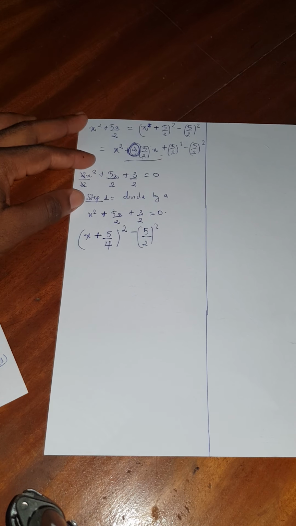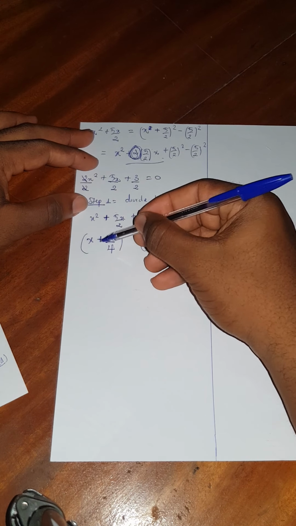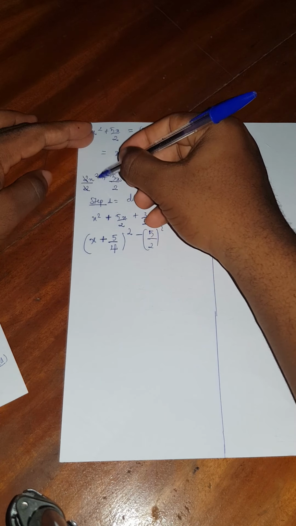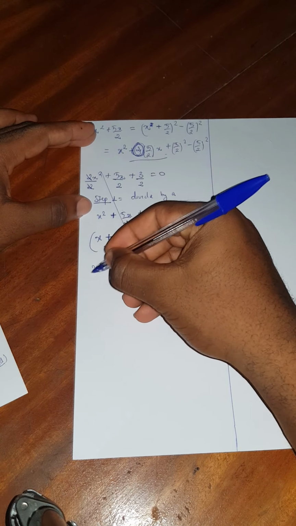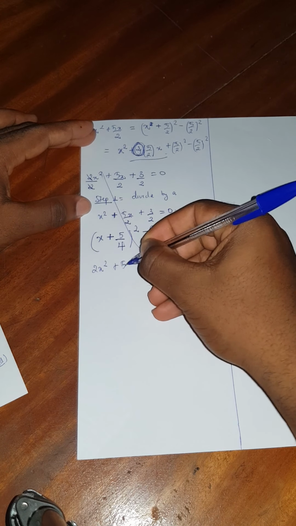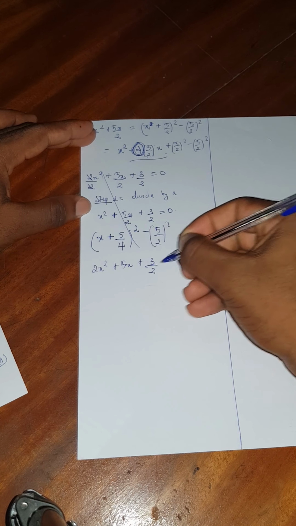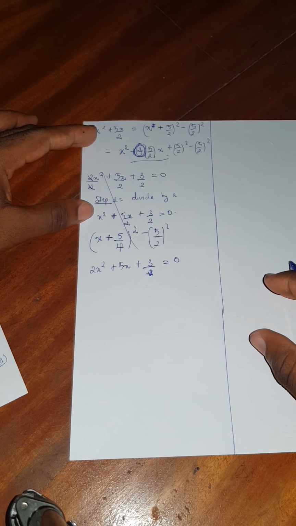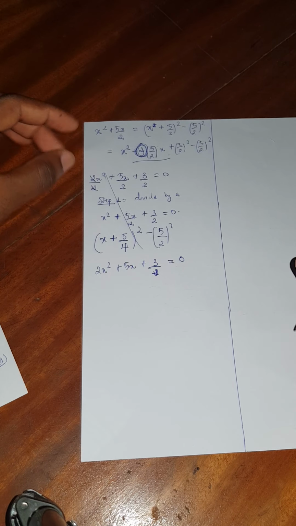Continue with completing the square. We have x plus 4, x plus 5 all over 4. So we can start back by having the equation 2x squared plus 5x plus 3 all over 2, 3 equals to 0. In this quadratic equation, we can say that